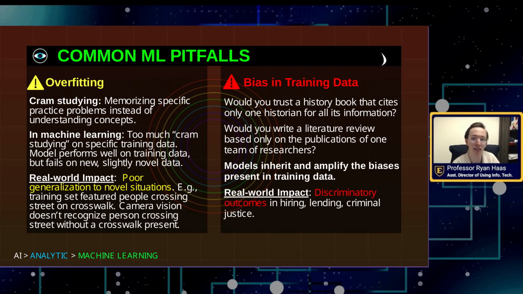And then the other thing is bias, and this happens a lot, and it's hard to curtail, but there are ways that we can check for it and revise our training and our data inputs to kind of correct this. And so this would be like you're only studying materials that are from a certain perspective, right? So think about if you're in a poli-sci class, but you have like, I don't know, this very leftist leaning history book or something. Well, that might not give you everything you need for your exam. It might leave out some important perspectives.